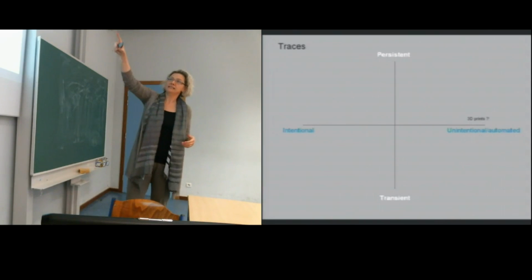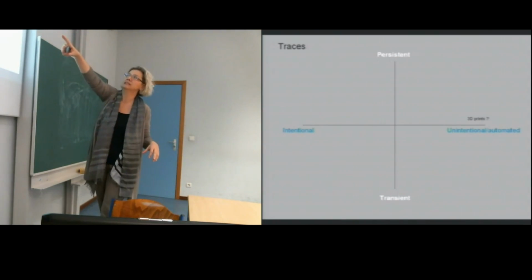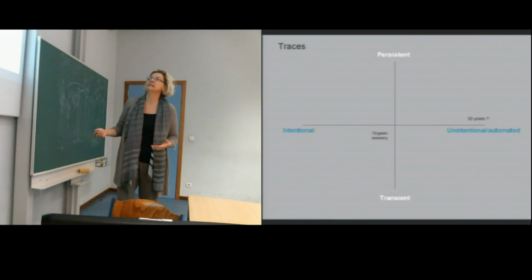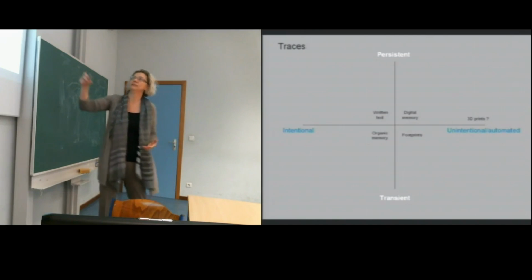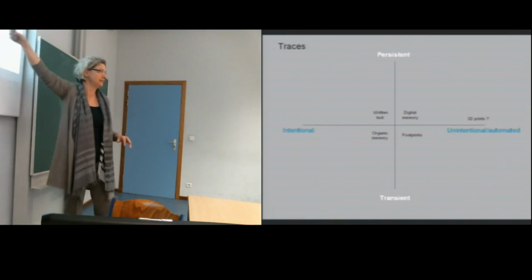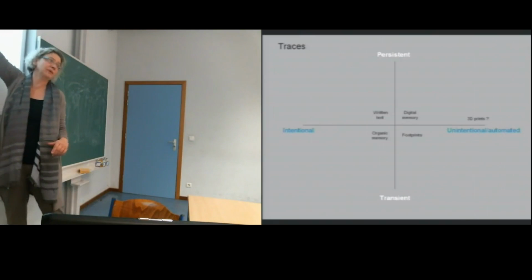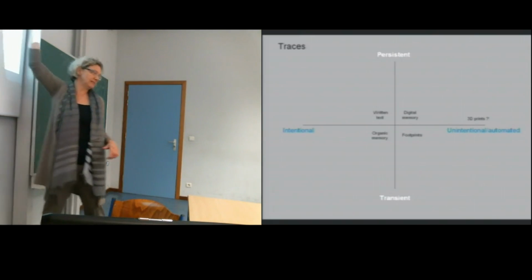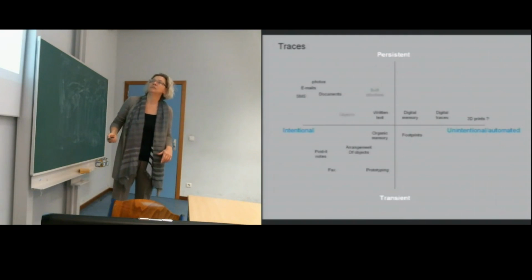So there is a kind of qualitative response to the space distribution of previous human settlements. Very quickly, traces that are left in the medium can be transient, persistent, intentional, and unintentional, automated. This, I think, is an interesting case because it brings up all the discussion about privacy. It's very much in this graph because we are moving from something, let's say, organic memory that is transient to something that becomes, in a fashion which is not necessarily very aware, more and more persistent. And it's not only persistent,